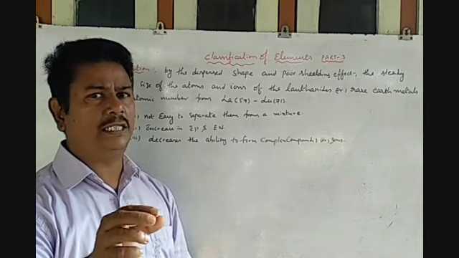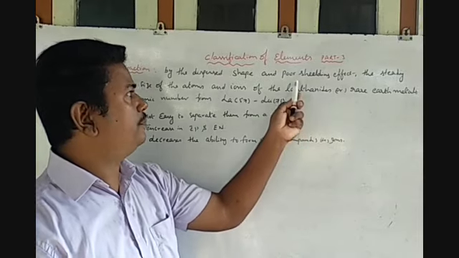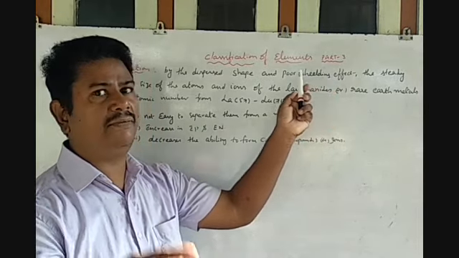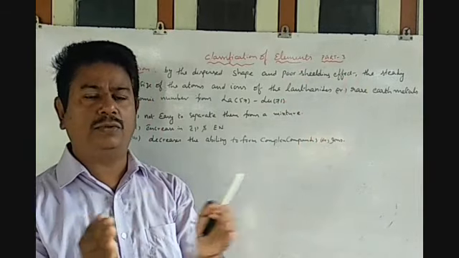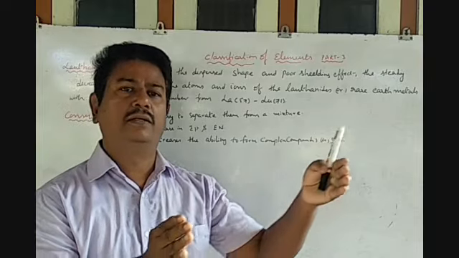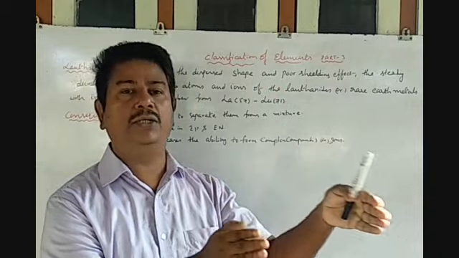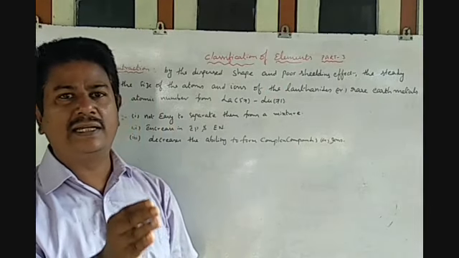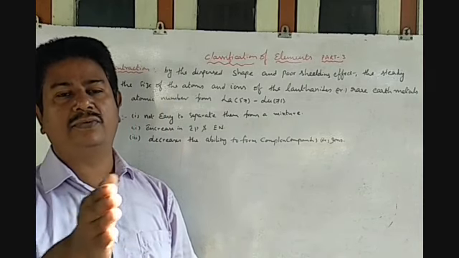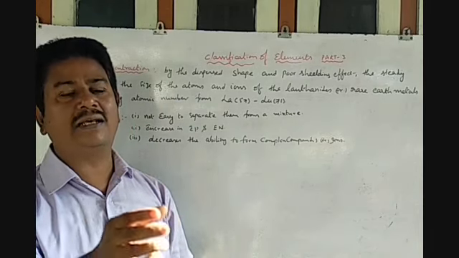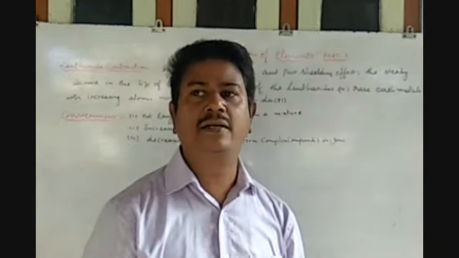So what happens here? Due to the dispersive nature of the f orbital, as well as the poor shielding effect, we will discuss the shielding effect later. These two causes, the shielding effect and the dispersed shape of the f orbital toward the nucleus, give a steady decrease in the atomic radius of the lanthanides, the rare earth metals, as the atomic number increases. Such a phenomenon is called lanthanide contraction.